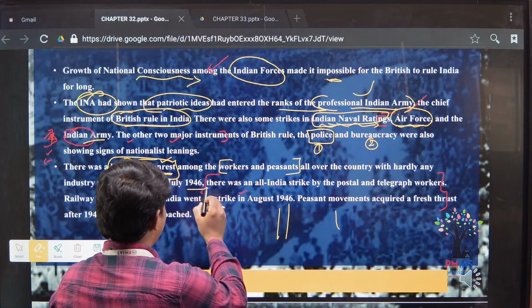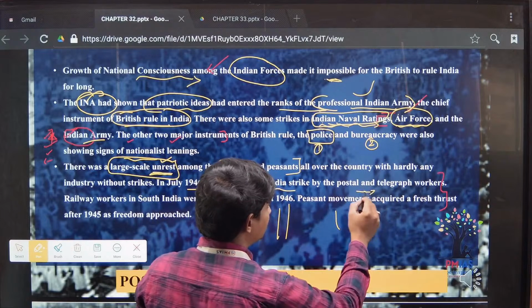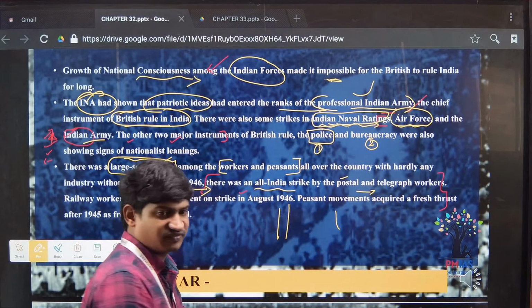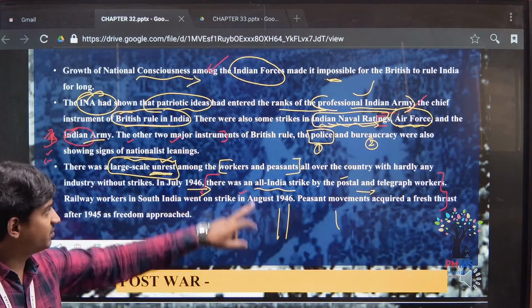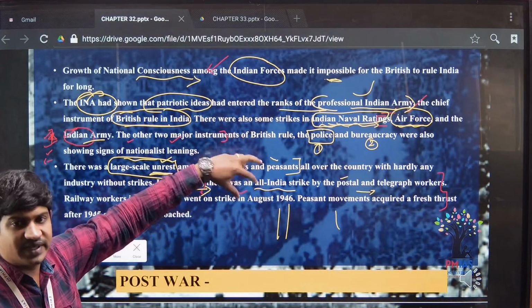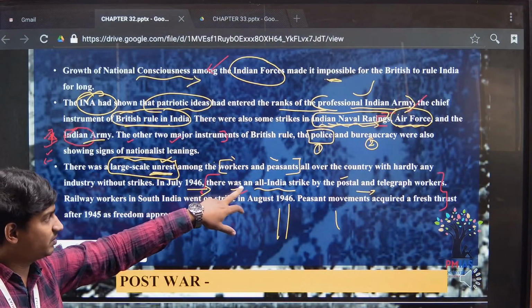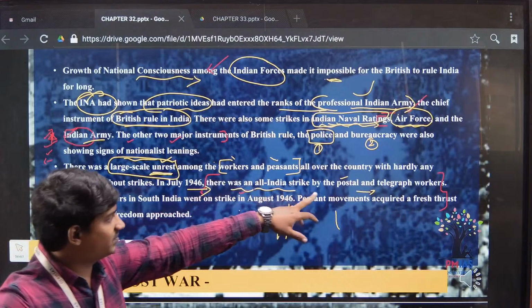Okay, so in July 1946 an All India strike was announced by the postal and telegraph workers. So the workers, and before that the peasants. So generally we have talked about workers. Especially among workers, at this time, the big contribution was the All India strike by the postal